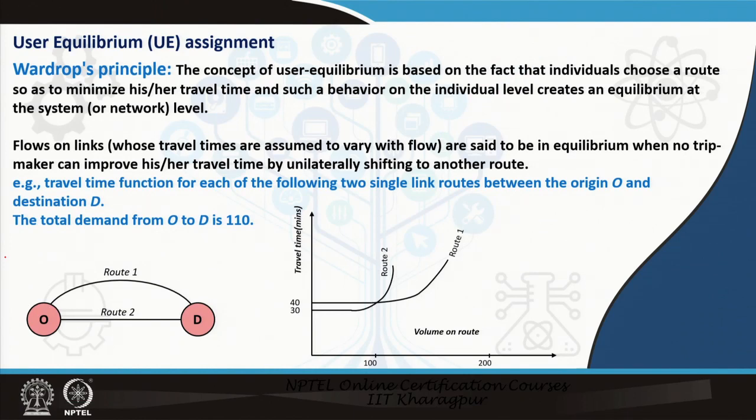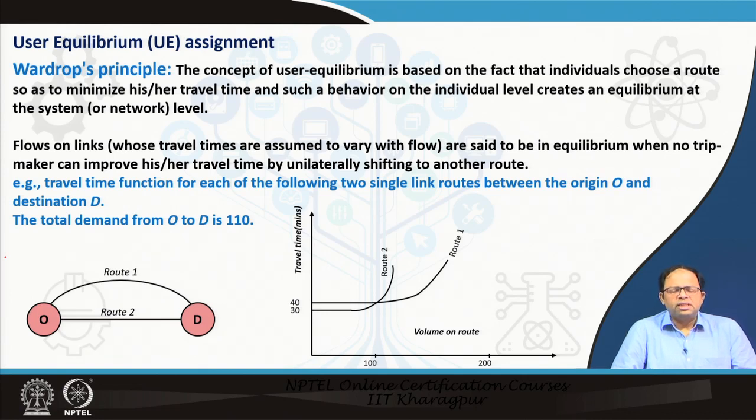So, when we talk about user equilibrium assignment, we have already discussed the basic concept earlier. Wardrop's principle states that the concept of user equilibrium is based on the fact that individuals choose a route so as to minimize his or her travel time, and such behavior at the individual level creates an equilibrium at the system or the network level. So, this was Wardrop's first principle. That means everybody chooses, as per their knowledge, the shortest route, and because everybody is doing the same, and there is a difference in everybody's choices,